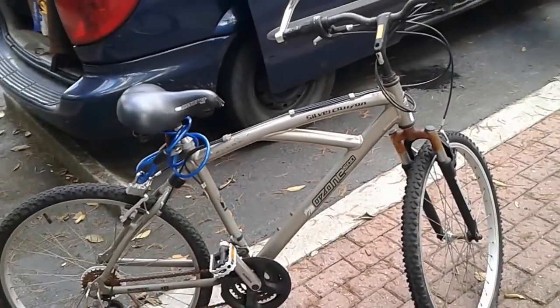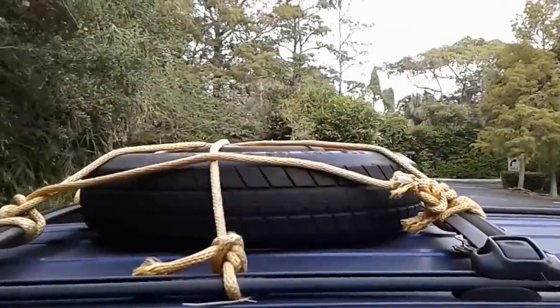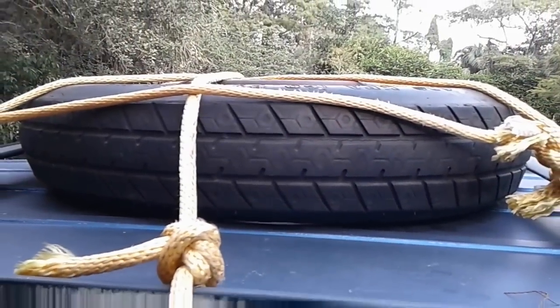So it's a useful alternative form of transportation. Let's work our way around here. My spare donut tire hasn't been used yet. It is old and junky, and I'm contemplating getting it replaced with a full-size tire